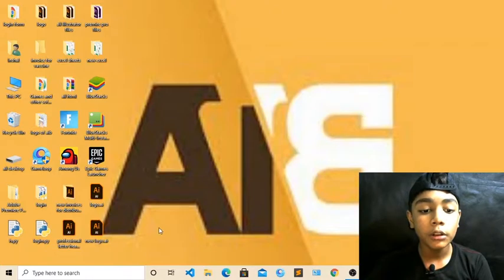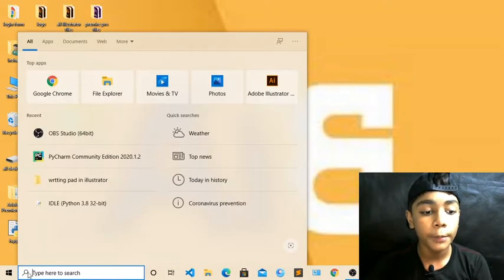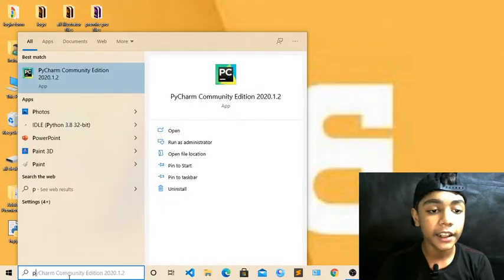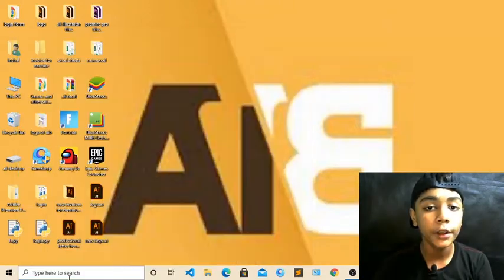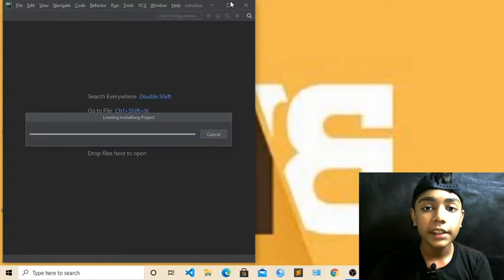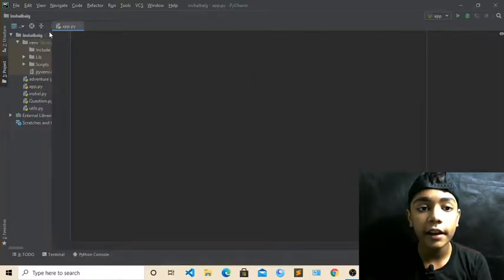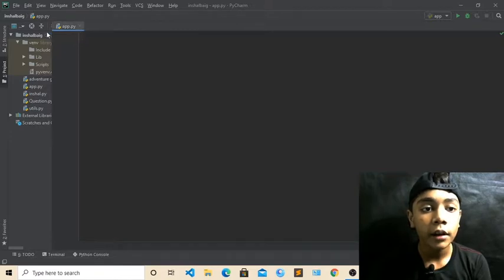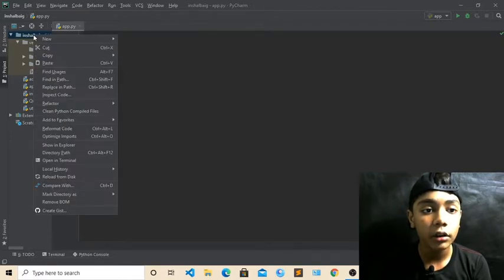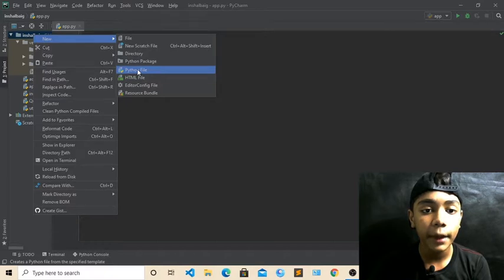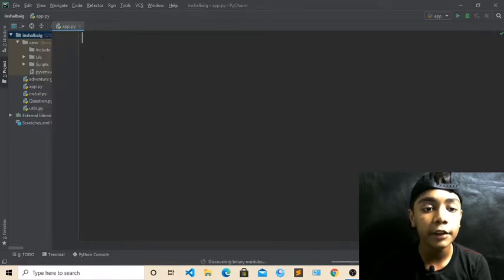First of all, go to Windows and open your text editor, whatever you have. I will open my PyCharm text editor, like in the previous class we worked with it. You can see I have opened my text editor here and created one file, app.py. For creating a new file, just right click on your project, New, then choose Python file and give a name to your file, and it will be created.